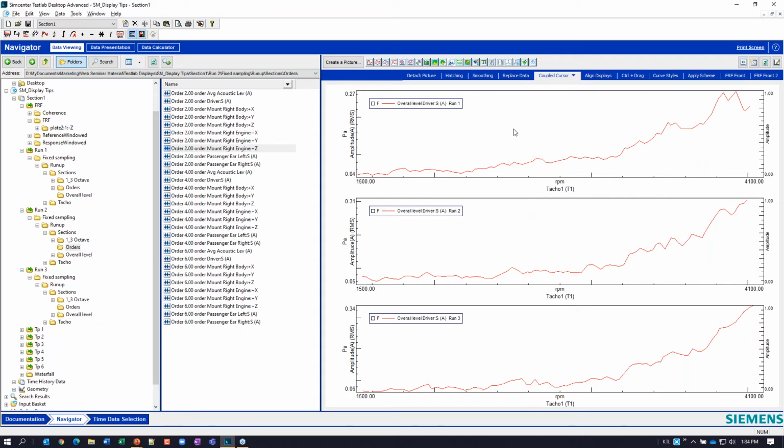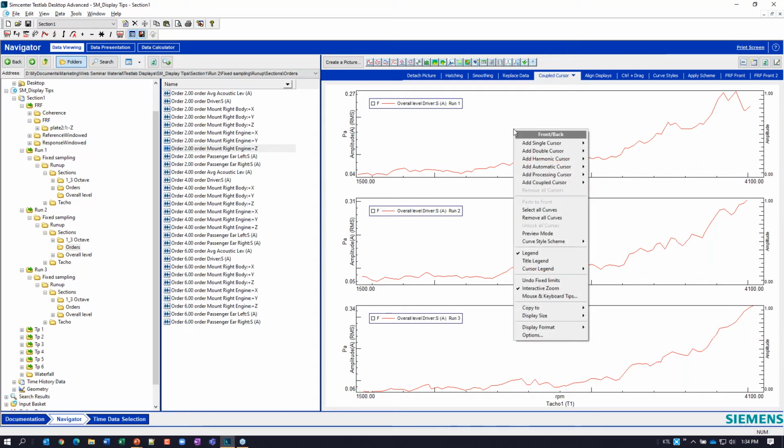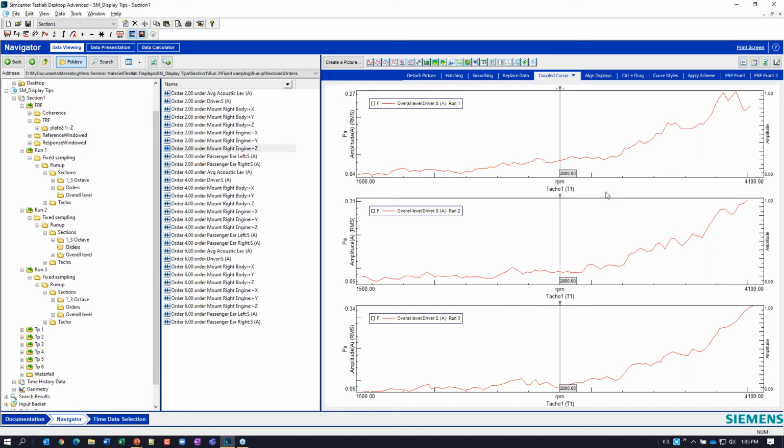The sort of companion to coupling limits, if I've got multiple plots I'm looking at the same time, is something called a coupled cursor. And if I right click in the white area of my plot, this is where I was adding those cursors before. We talked about the processing cursor and a single cursor where I did the cross. Now I'm going to add this coupled cursor. And if I do that, you see I get a couple options. It says RPM or Pascals. And this is what it's telling me: I'm going to give you a cursor. Do you want to be moving that cursor in Pascals in the amplitude or the y-axis, or along the RPM axis? In this case, I'm going to choose RPM.